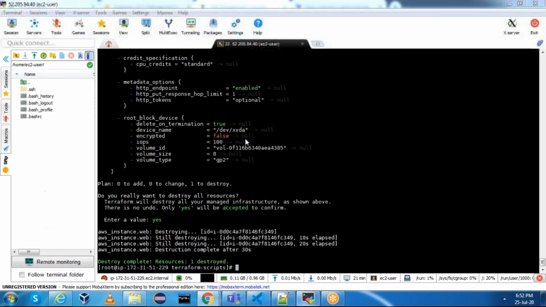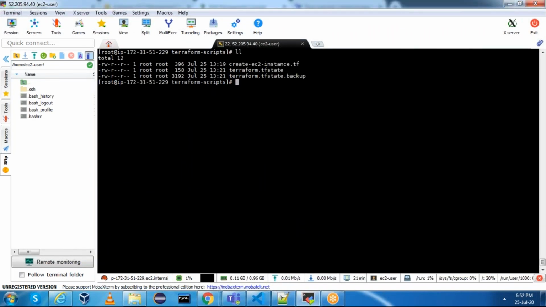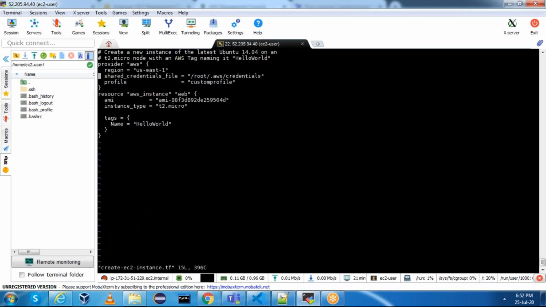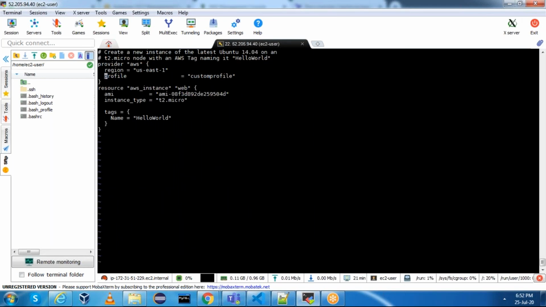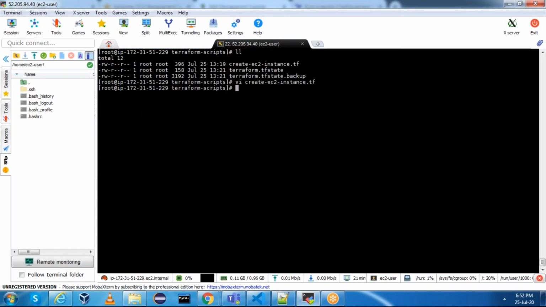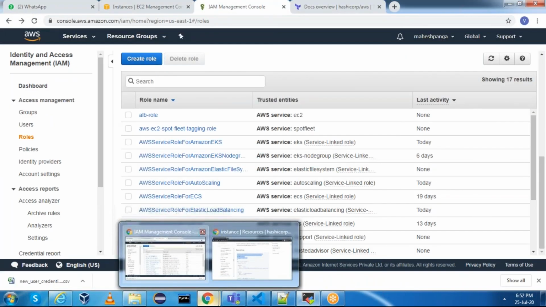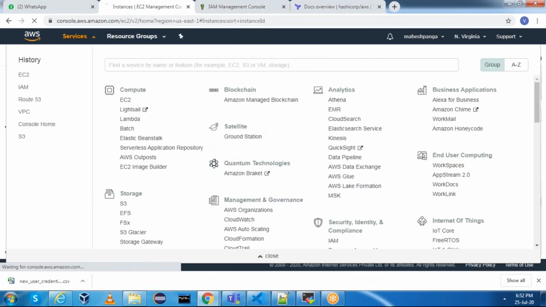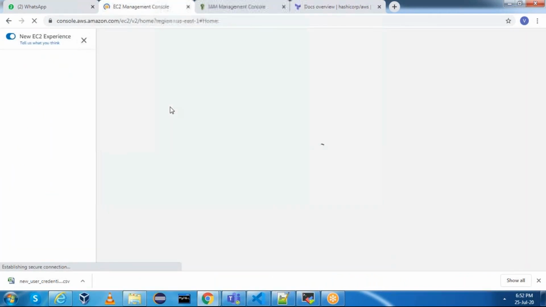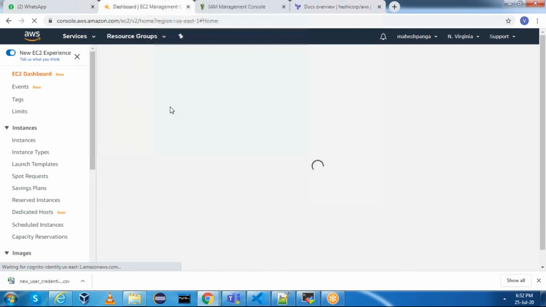Now you can remove the shared credentials. Vi create EC2 instance, remove shared credentials and profile, and what you can do is you can attach the IAM role to this server. Go to instances, open our EC2 instance where Terraform is being used.